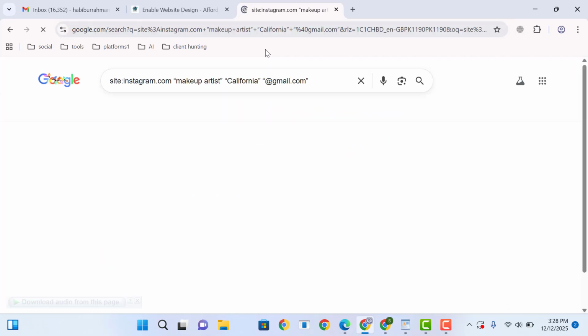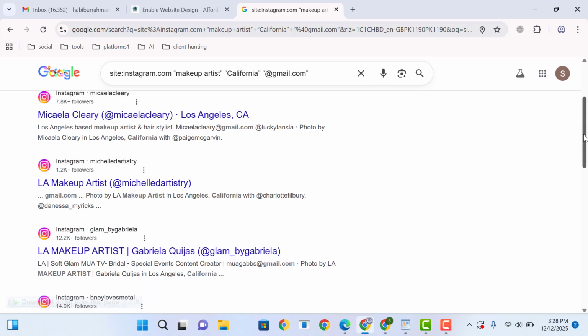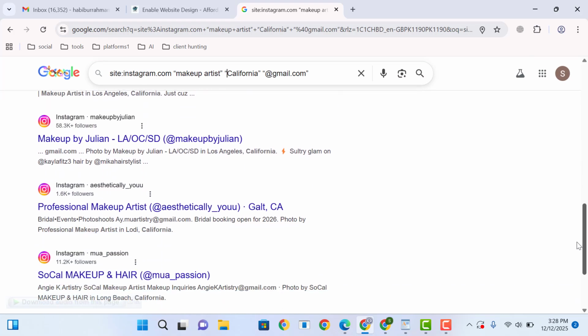Then click Google search. So now we got all of the people with their Gmail. Here you can see this one that has an Instagram account and they meet these terms and conditions. If I scroll down,